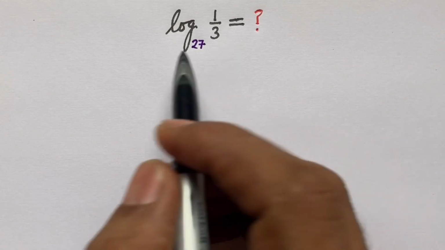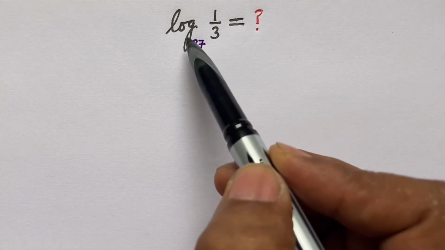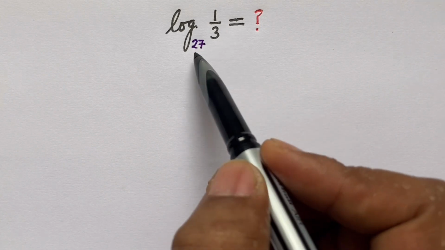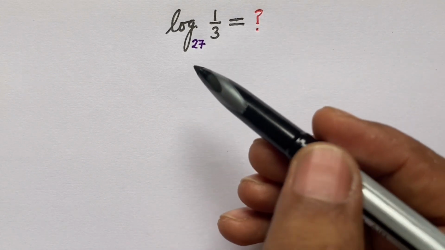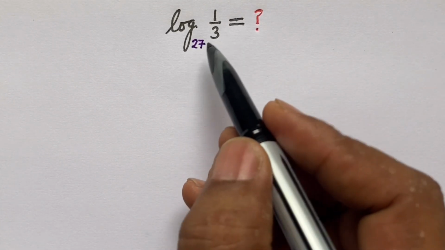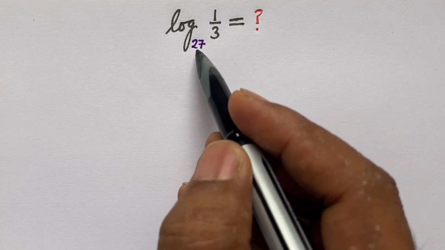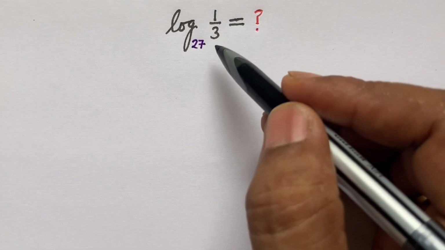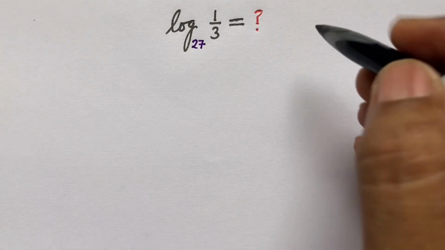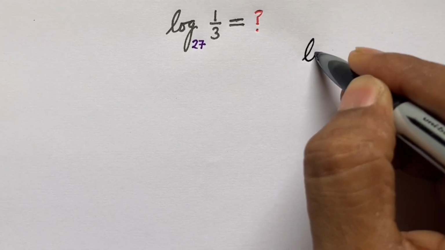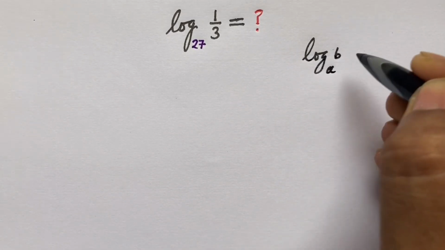In this problem, you have to calculate the value of log 1/3 to the base 27. To solve this question, first you have to convert this base 27 to 3. To change the base of a logarithm, you must use the principle that